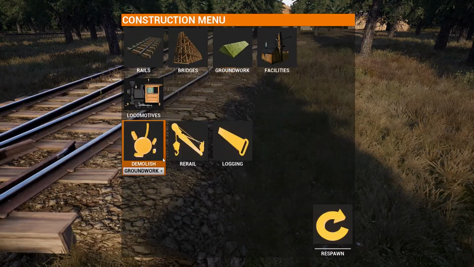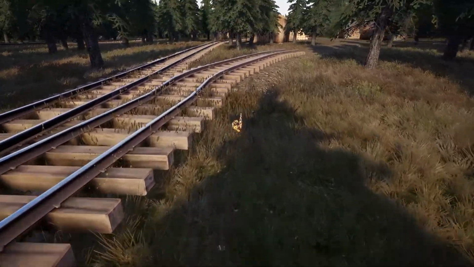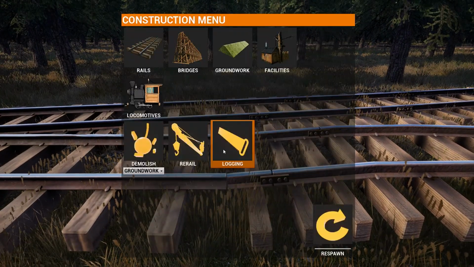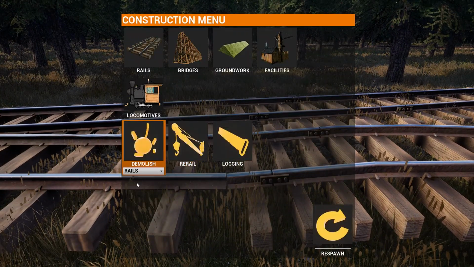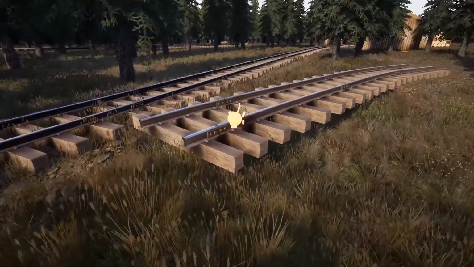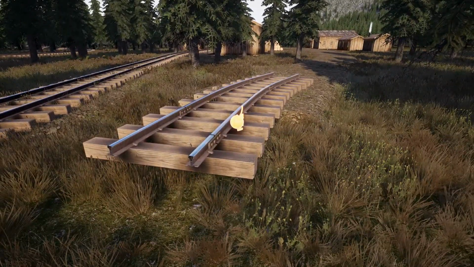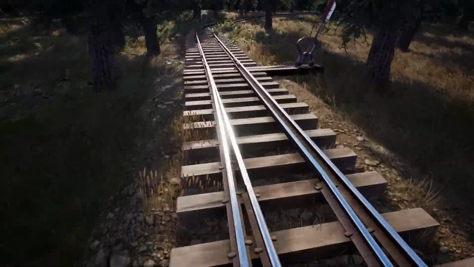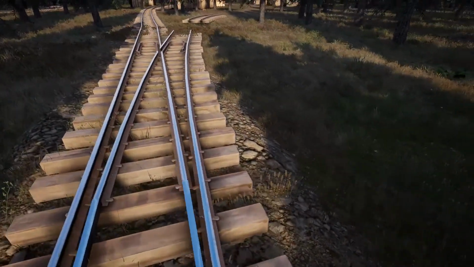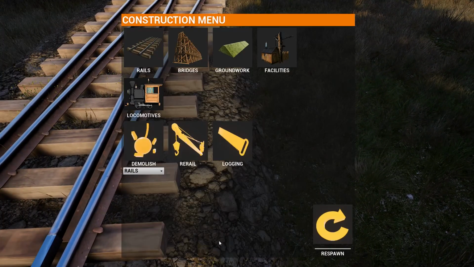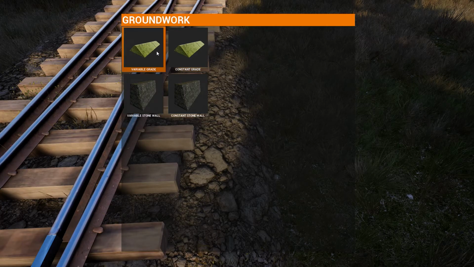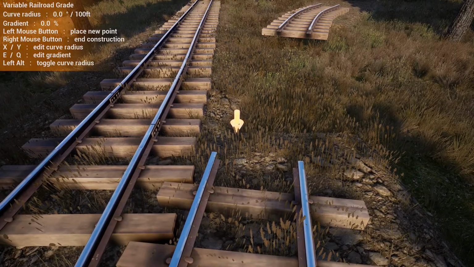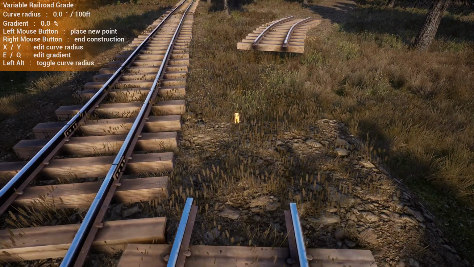We definitely are going to have to remove this right here and this, and we're going to have to remove this track because this will not work. This will definitely derail your train. And I actually tried to do this earlier and I had issues because I couldn't get, this is the exact problem I had earlier. So what I'm going to have to do is this variable grade, I'm going to have to pull it from right here to like right here,